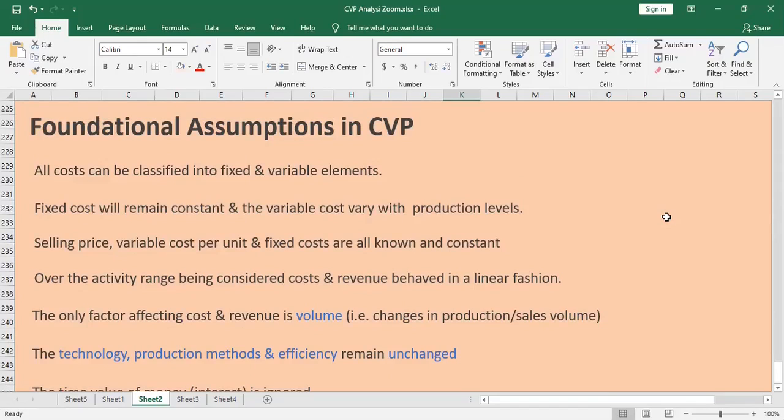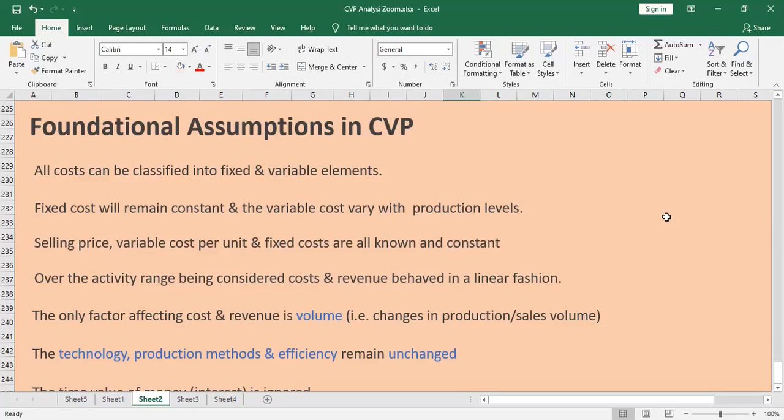But in practical, it is kind of very difficult to do, because there are some cost elements that resemble characteristics from both worlds. Just like, there are some semi-variable cost items. So part of that item is fixed, part of that item is variable. Just like our phone bill, the mobile bill, there is a fixed part that we should pay, and there is a variable part also. When you're making phone calls, you will have to pay. So those type of costs, we normally call them semi-variable cost.